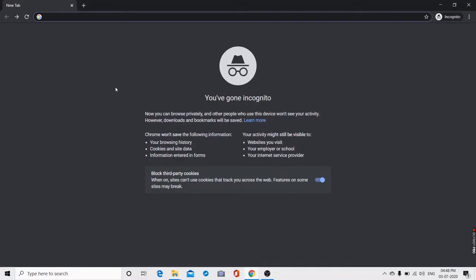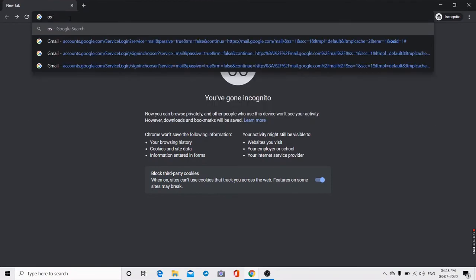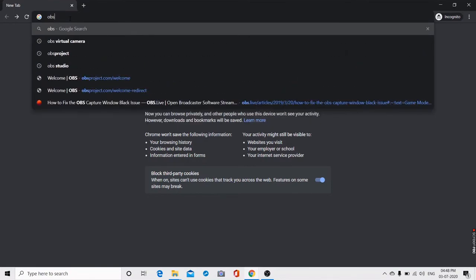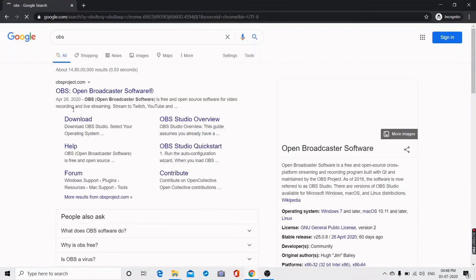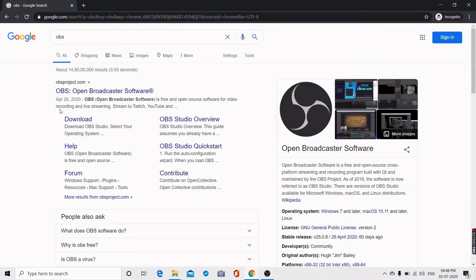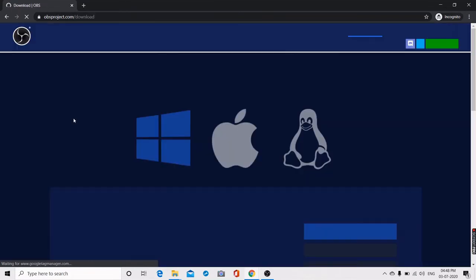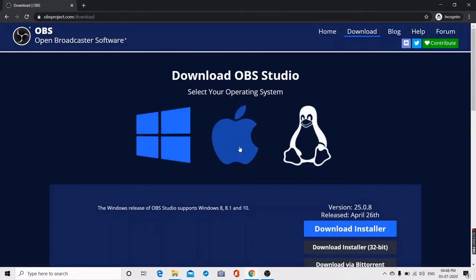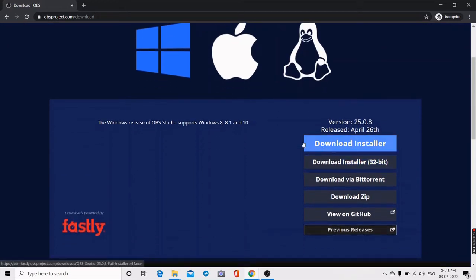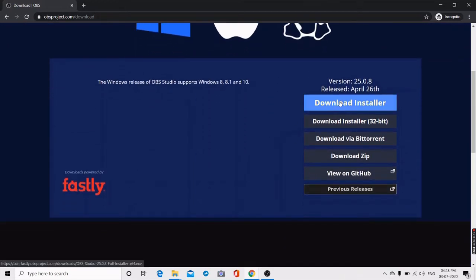Open Broadcaster Software is open source, so you can download it from the website. You just type OBS in a Google search, find the first link, click on the download button, choose the operating system, Mac, Windows, whatever you have, and click on the download installer button.